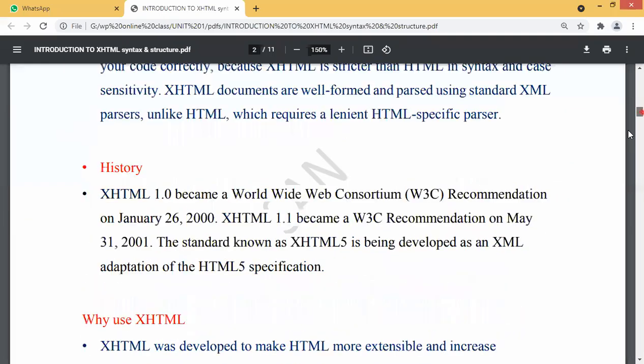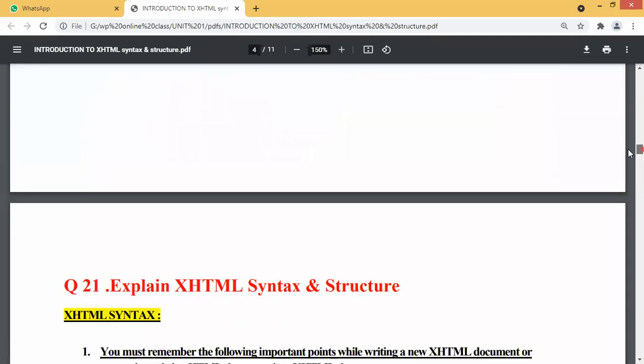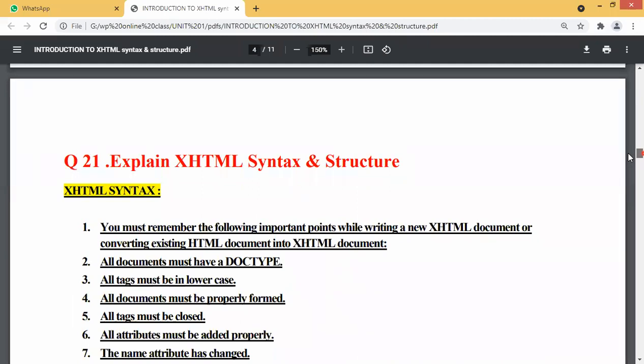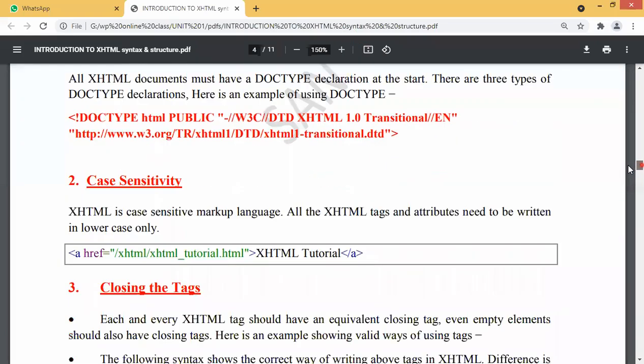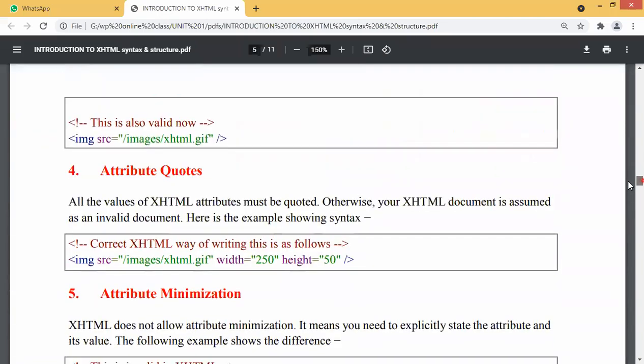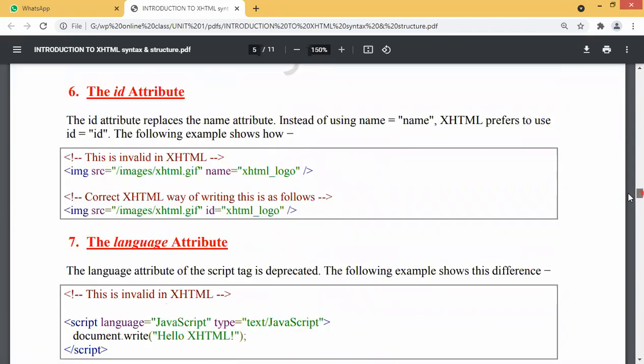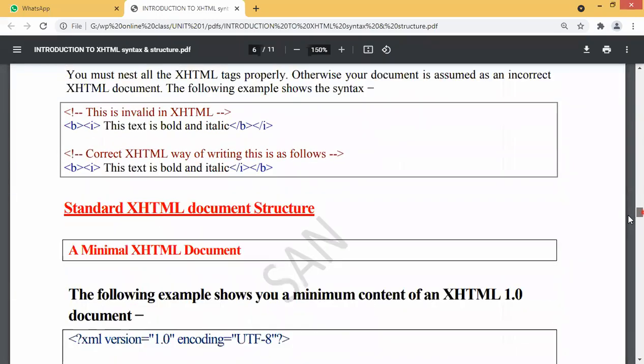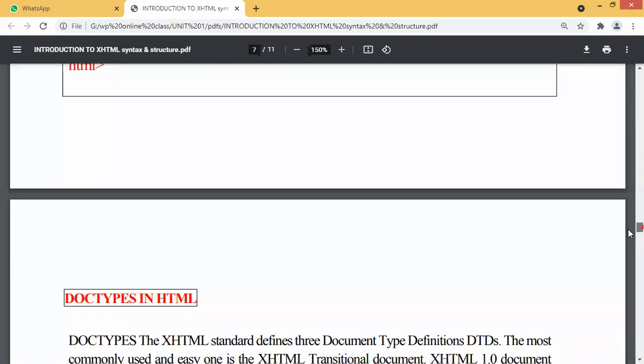Introduction to XHTML is the 20th question, guys. Then we have syntax and structure, which is the 21st question, which may appear for 10 marks, guys. Keep it in mind. So it may appear for 10 marks, right? So explain, this is an important question, expected first question from your first unit. Okay, right? So do not skip this question. Start writing this question. If any queries are there, we can discuss in the next session.